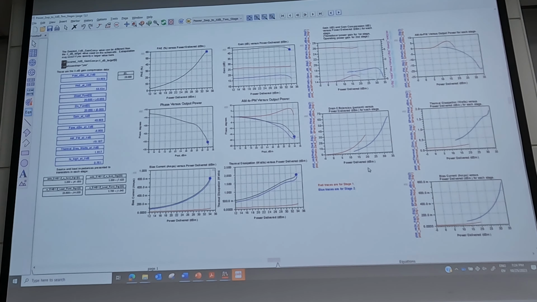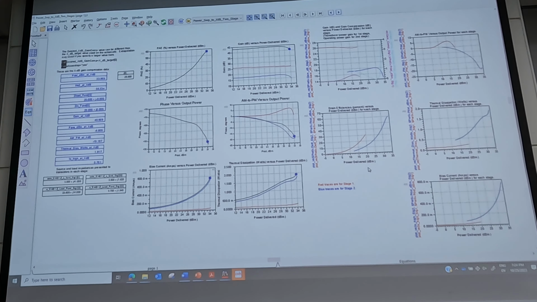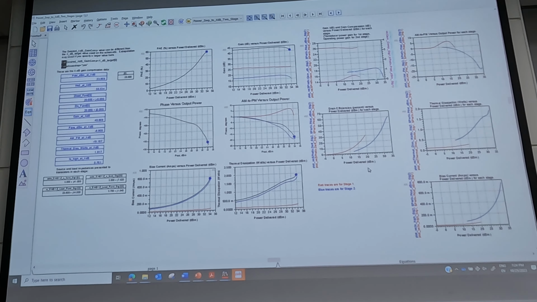Using the Winslow stability probe, you can see what load is seen by each different transistor in parallel. So you could run a load pull on each transistor, see what the optimal load is that it wants to see, and then when you combine them together, you can still see whether it is really getting the desired impedance that you want.